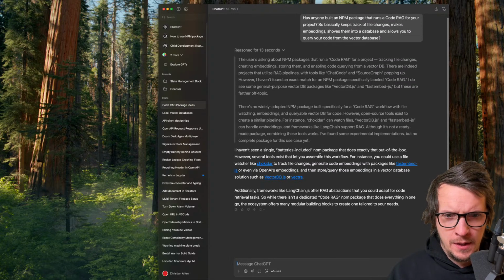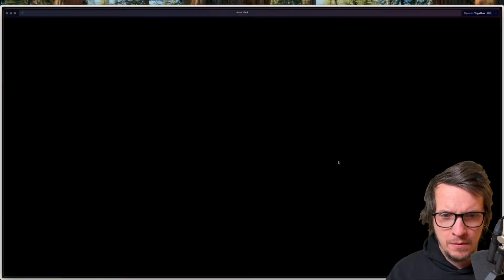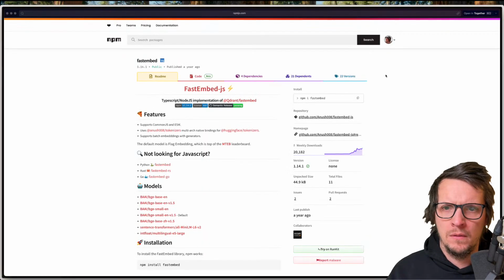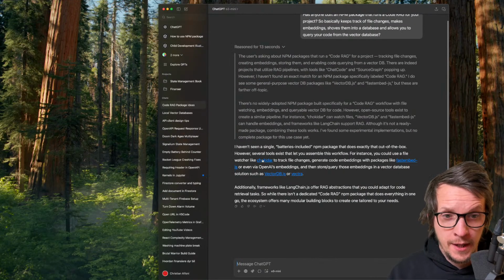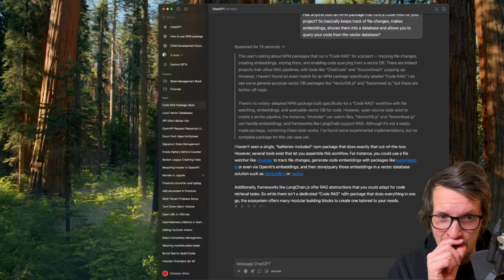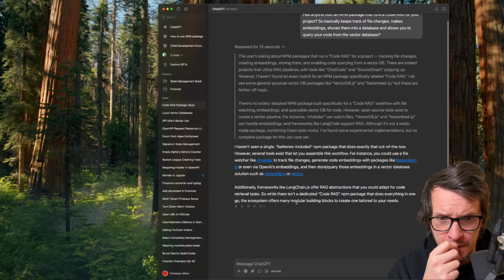Batteries included, that does exactly that. However, several tools exist that let you assemble this pipeline. For instance, you could use a file watcher. Yeah, exactly, that's what I did. Fast embed or even OpenAI's embeddings, and then store and query those embeddings. Frameworks like LangChain offer RAG abstractions that you could adapt for code retrieval tasks. So while there isn't a dedicated